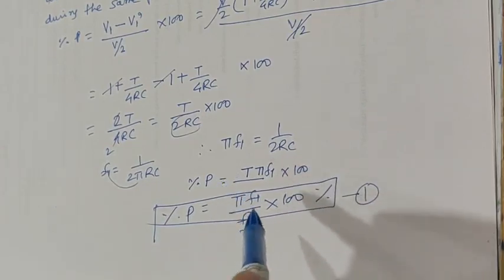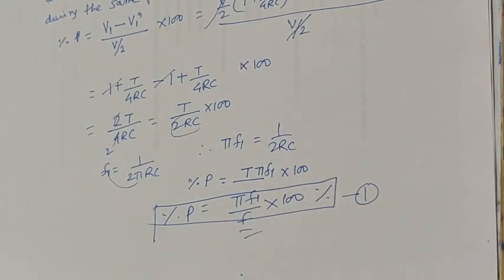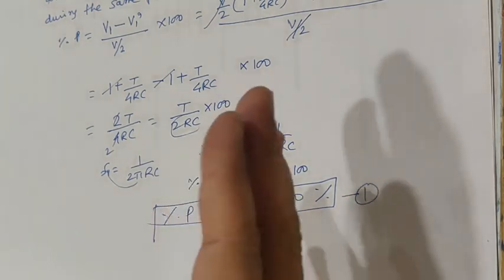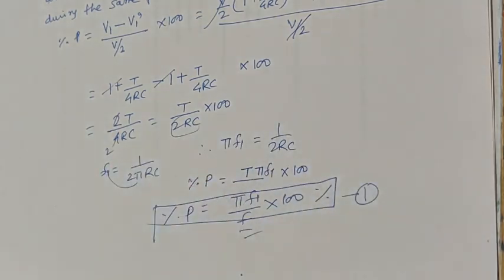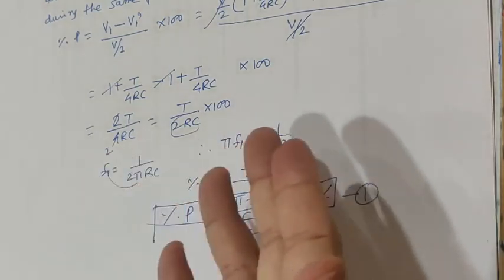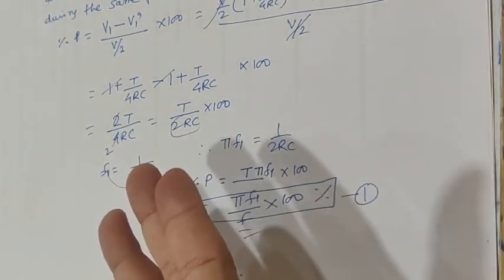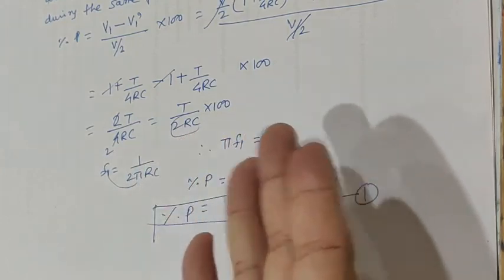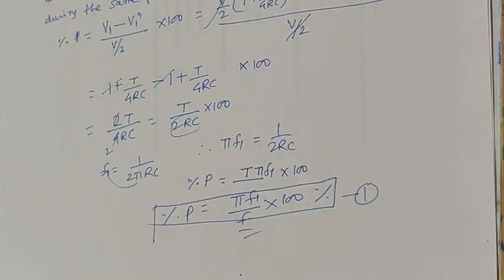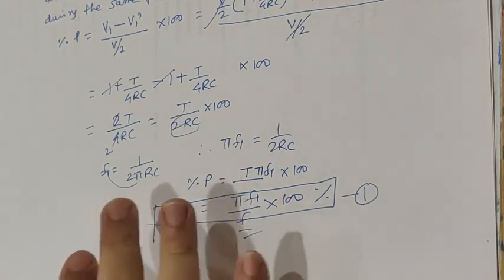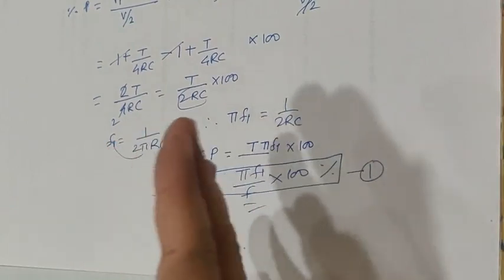Okay, so this is pi F1 upon F into 100. Remember, we have taken today two important waveforms. One is the pulse input, another is the square wave. So remember these two, practice the expression well, because they ask you in the examination to prove the expression for percentage tilt. So of course you should know the values of V1, V1 dash, V2 and V2 dash. So for that purpose, the previous expression that we have seen, finding out the coordinates of the output waveform, is very important. Okay, so we'll continue in the next lectures about the low pass filter, high pass filter, all the inputs.